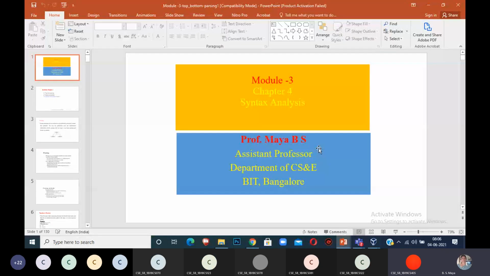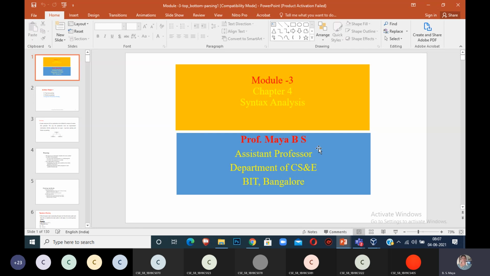Syntax analyzer. The second concept is error handling techniques, and then you have studied context-free grammar, and third, writing a grammar. Including that, we studied what is ambiguous grammar, and how to do leftmost derivation and rightmost derivation. We learned about left recursion, what is the use of removing left recursion, left factoring, and how to remove left factoring, which is suitable for our top-down parsing. All those things we studied in chapter 4.